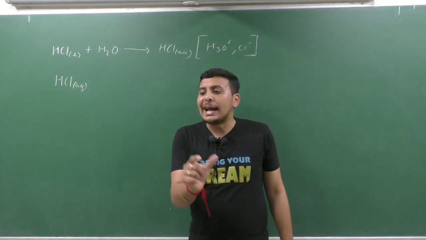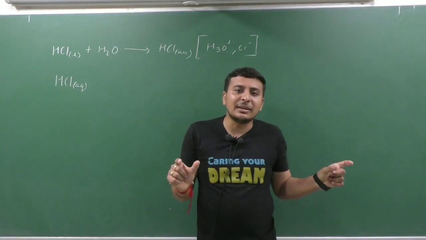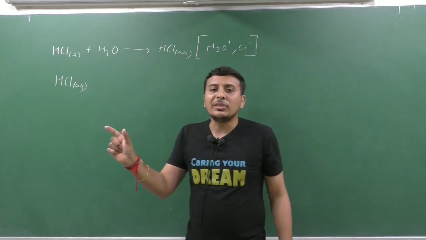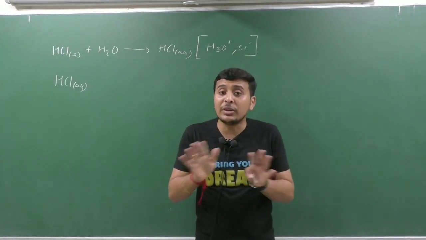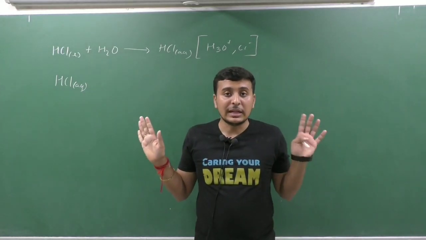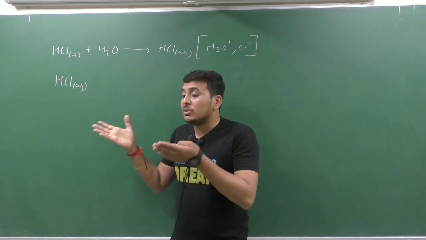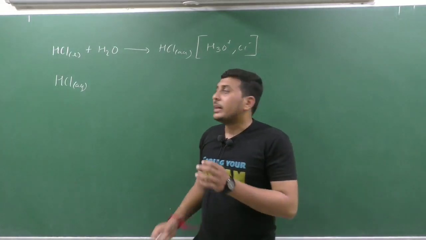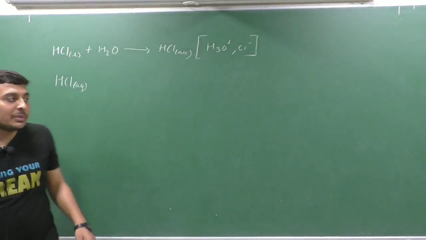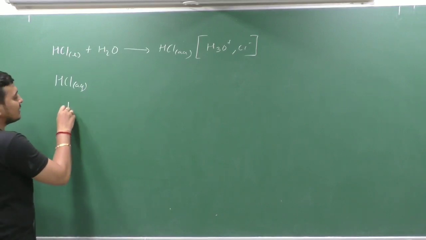We have only two words, dilute and concentrated. Dilute means lesser amount of the compound in the solution, concentrated means larger amount of the compound in the solution. But how much amount, that we do not have any fixed amount. Clear? So how can we say that either the solution is concentrated or not? Then for that we have a new concept that is known as pH scale.